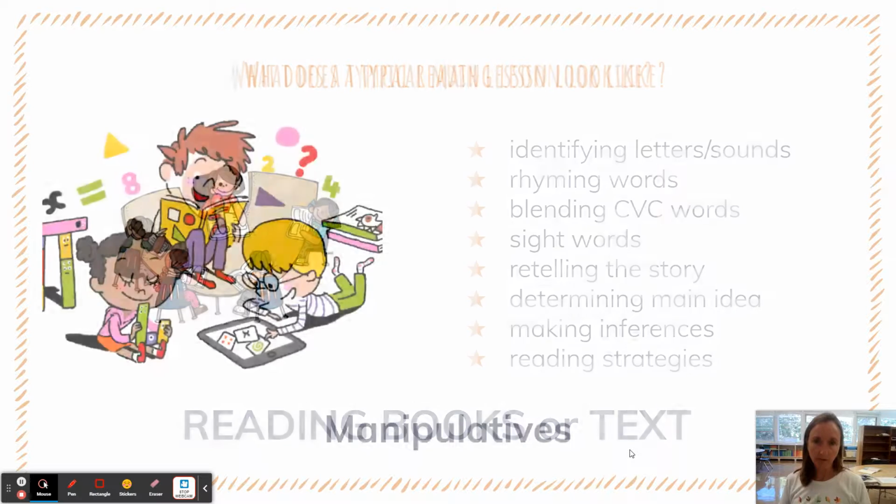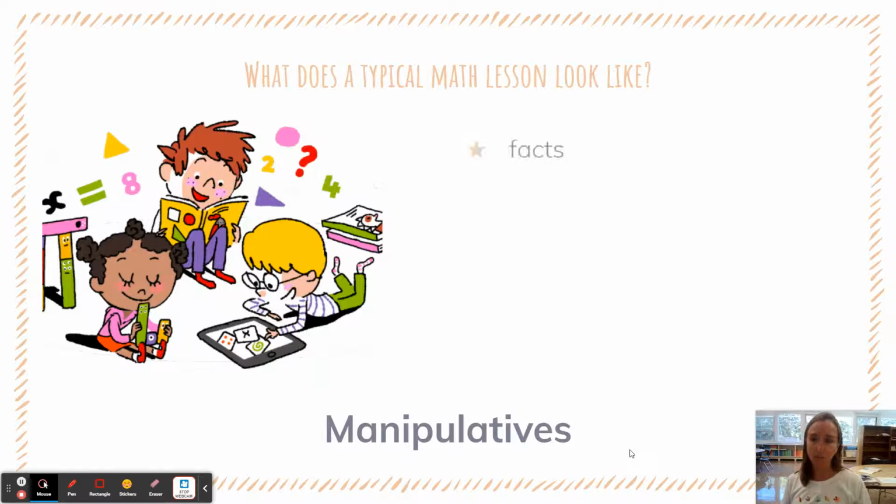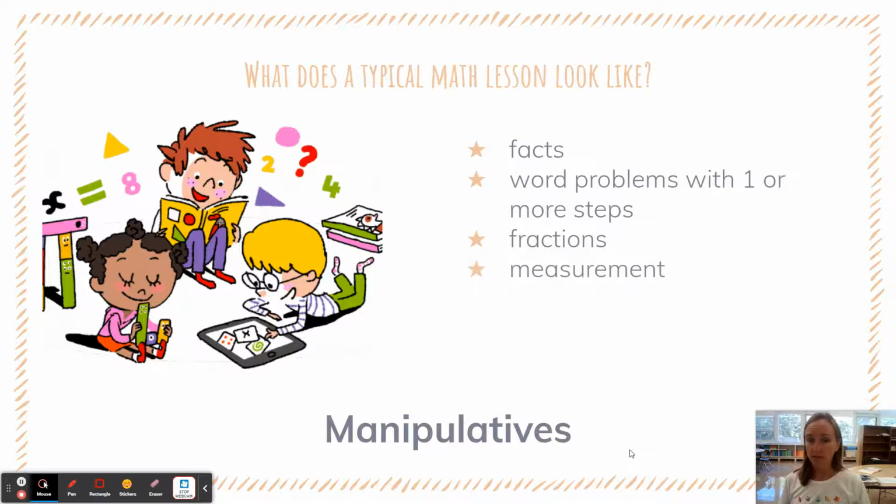and what grade level. Typical math lesson, we might be working on facts, addition, subtraction, multiplication, division. We might be working on word problems with 1 or 2 or 3 steps and determining which operations to use. We might be looking at fractions, adding, subtracting, multiplying, dividing, measurement, area perimeter of a certain shape or object. We might be doing long division. Again, these are some of the things we might be doing, and it depends on your child and what they